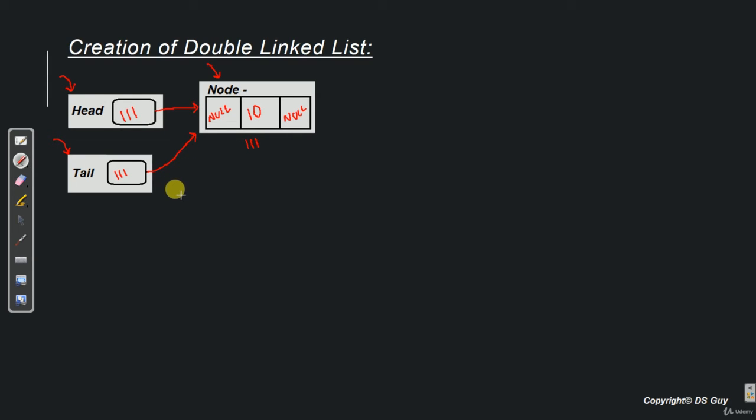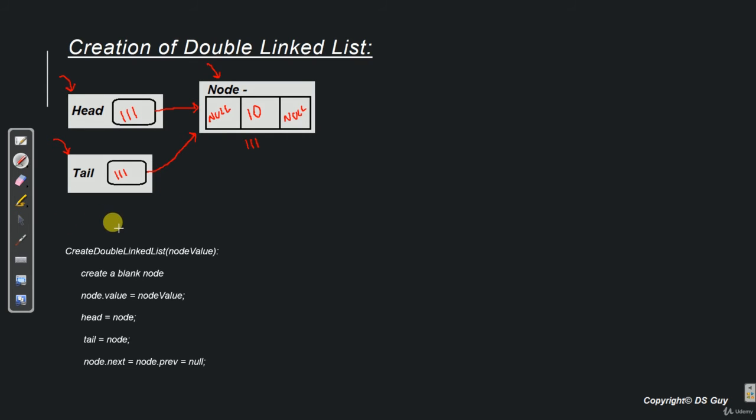Now let's see how the algorithm for this looks like. So the algorithm is extremely simple. The name of the method is create double linked list. It takes the value that needs to be stored in the node. Then it creates a blank node and inserts the value in that node. Then it creates a connection between head and the node, which we did here.